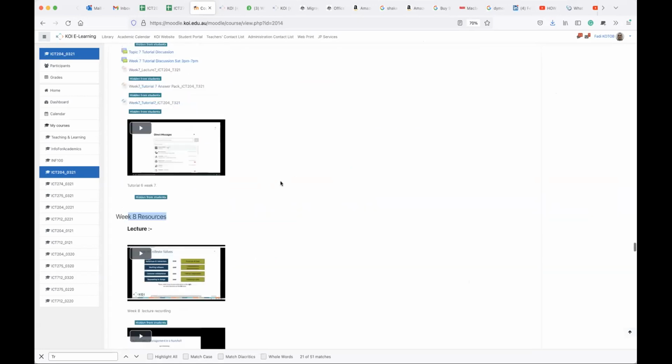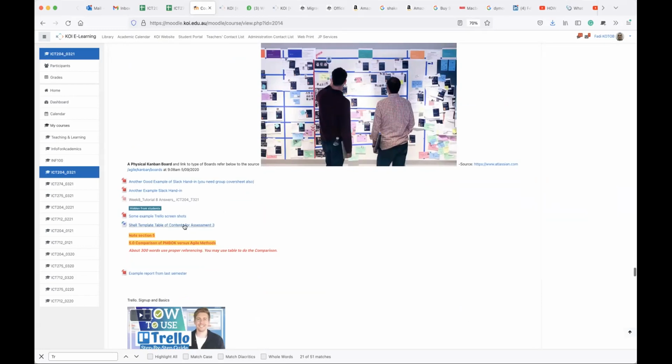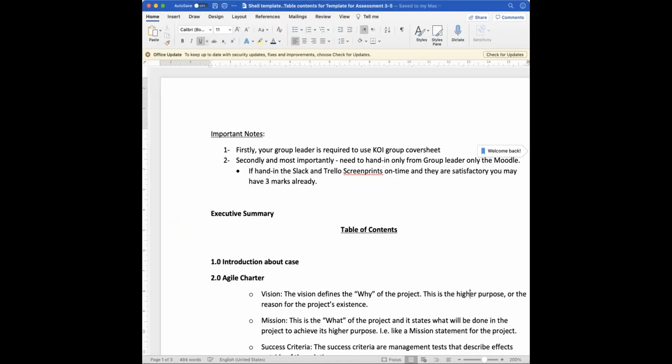The structure that is available on Moodle is really a shell template of the table of contents that is listed under week 8. Mine is an adjustment to that, a bit of an improvement, and that's something I recommend all of you follow. So let me show you what I did in the template that I updated. It's very similar, but it has some extra information. So what is that for? Well, first of all,